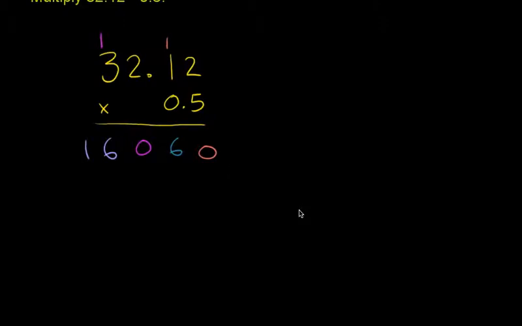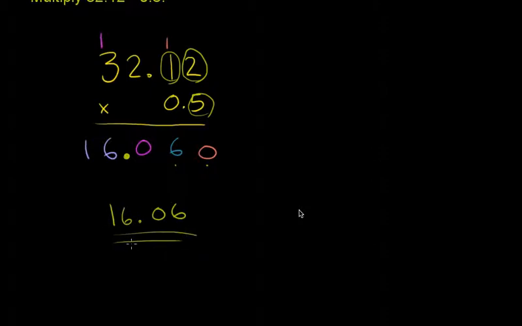We just have to count the total number of spaces or places we have behind the decimal points in the two numbers we're multiplying. So we have 1, 2, 3 spaces or 3 numbers to the right of the decimals in the two numbers that we're multiplying. So we need that many numbers to the right of the decimal in our answer. So we go 1, 2, 3, put the decimal right over there. So 32.12 times 0.5 is 16.060. And this trailing 0 right here we can ignore because it's really not adding any information there. So we can just write this as